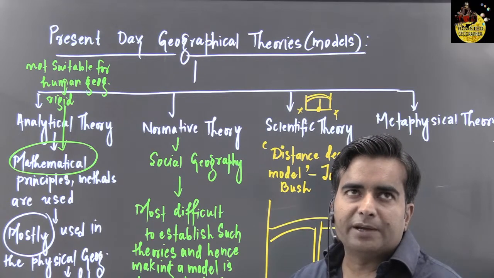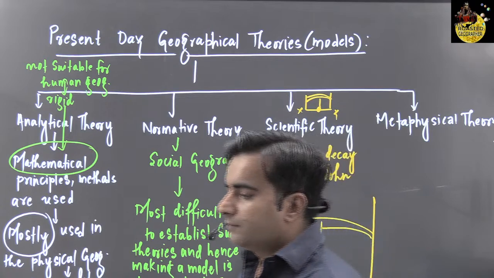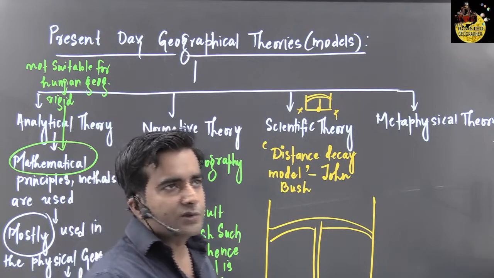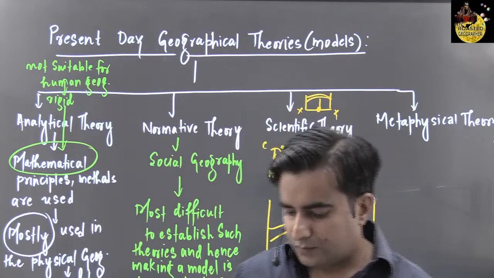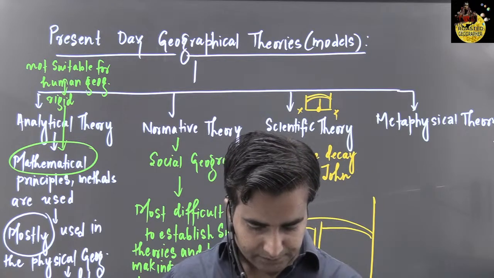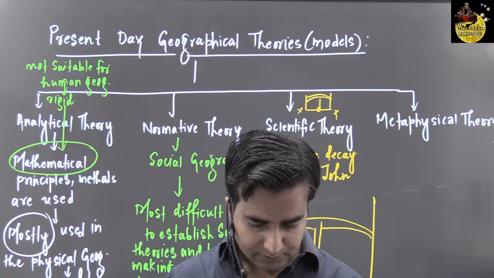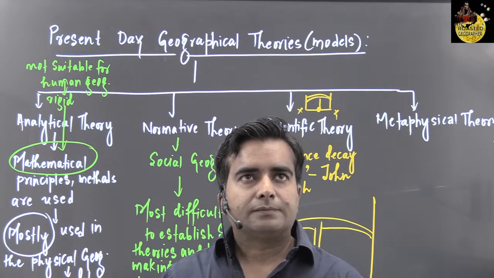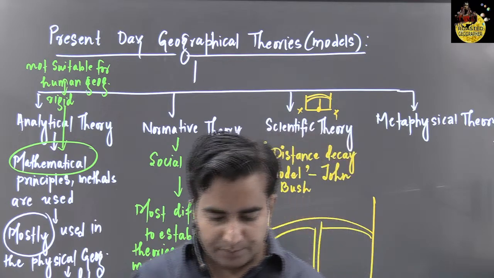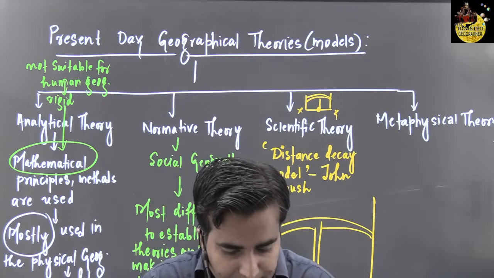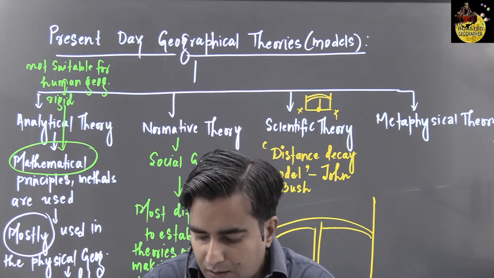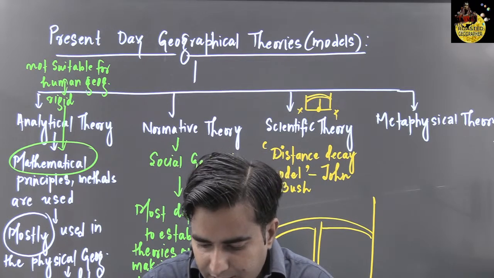John Buss developed a model for the developing countries, which is called the distance decay model. Okay, it relies on the principle that if the distance increases from the city center,